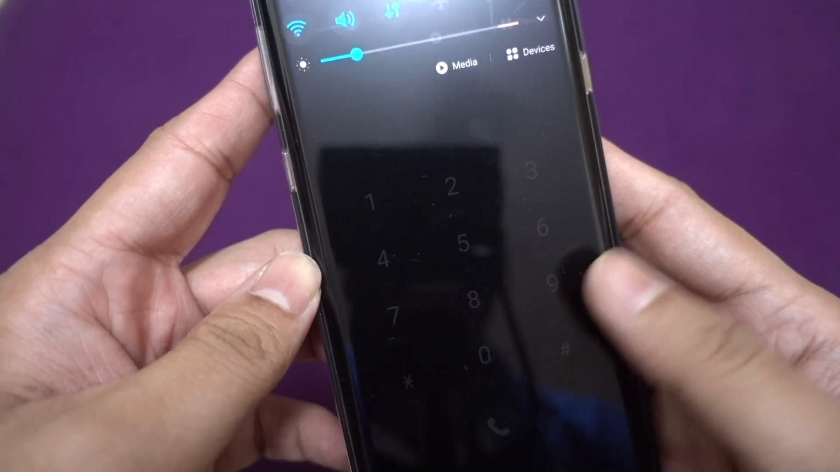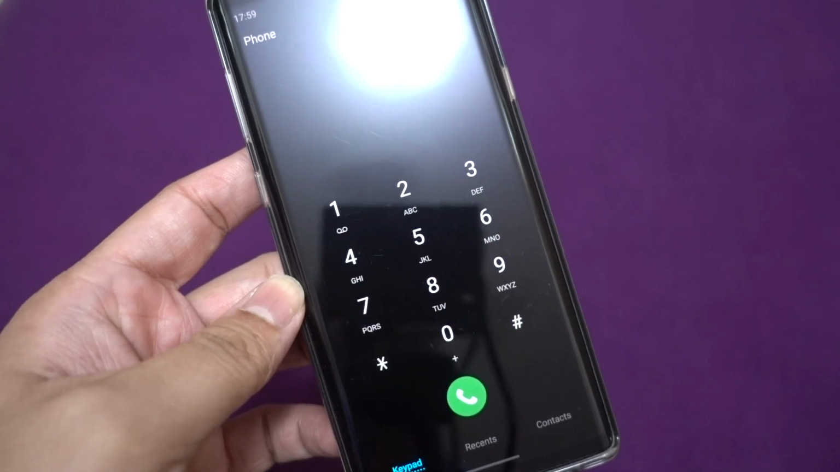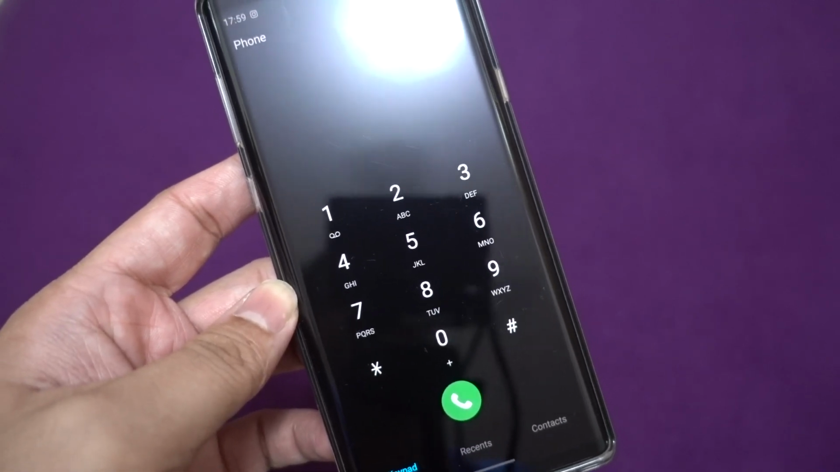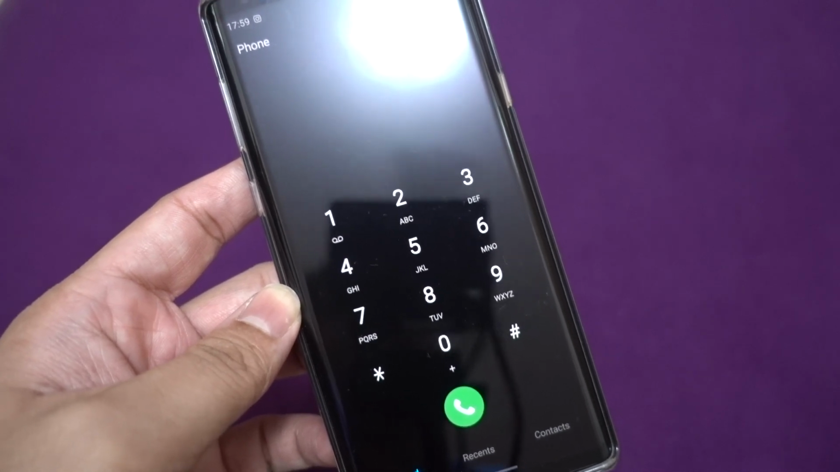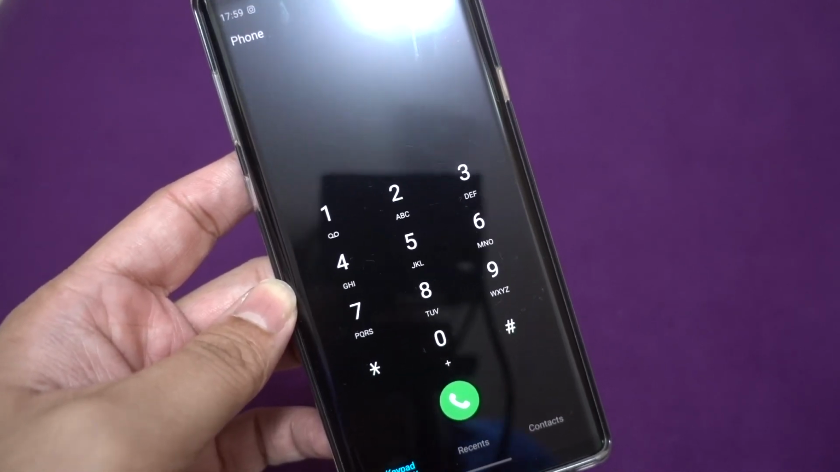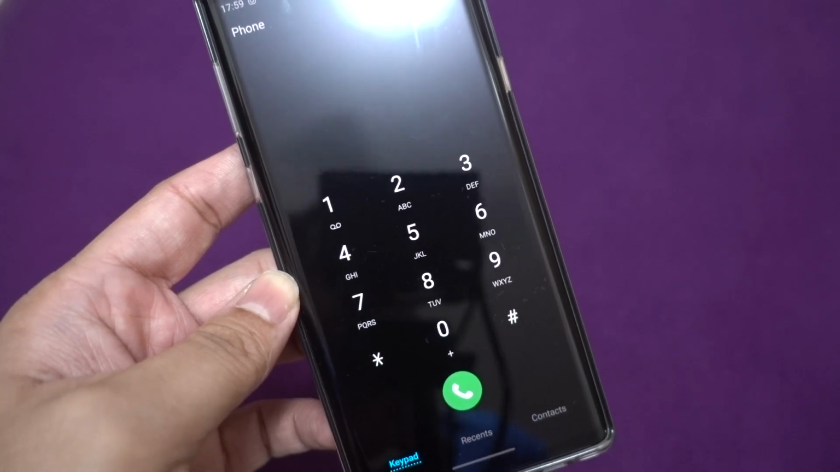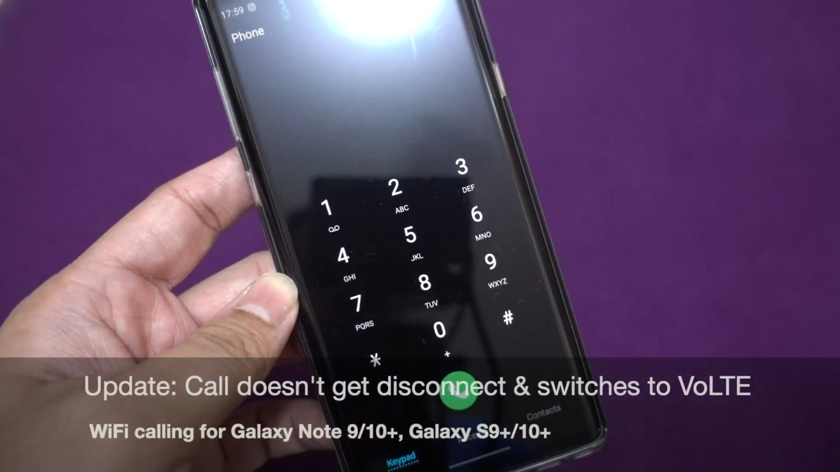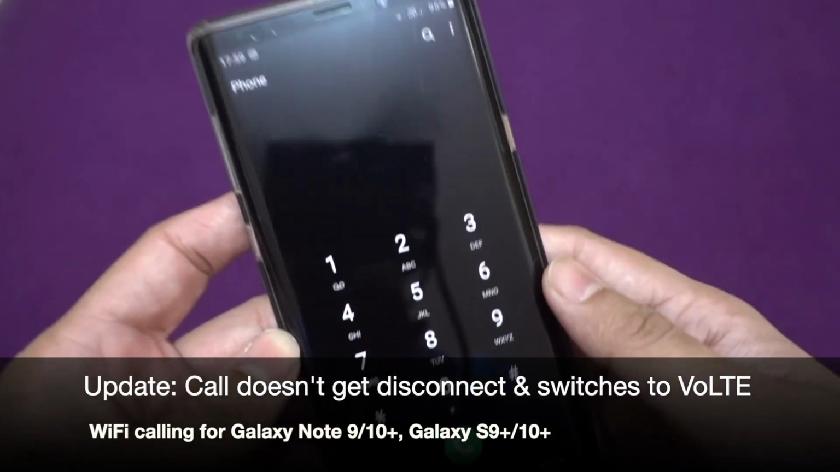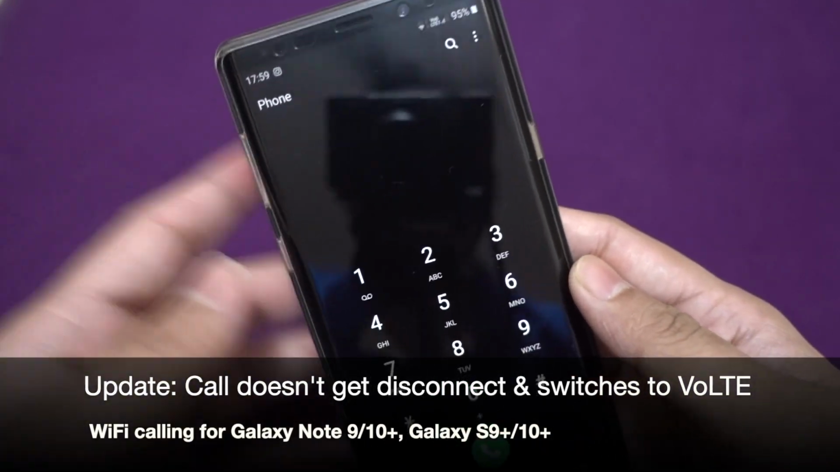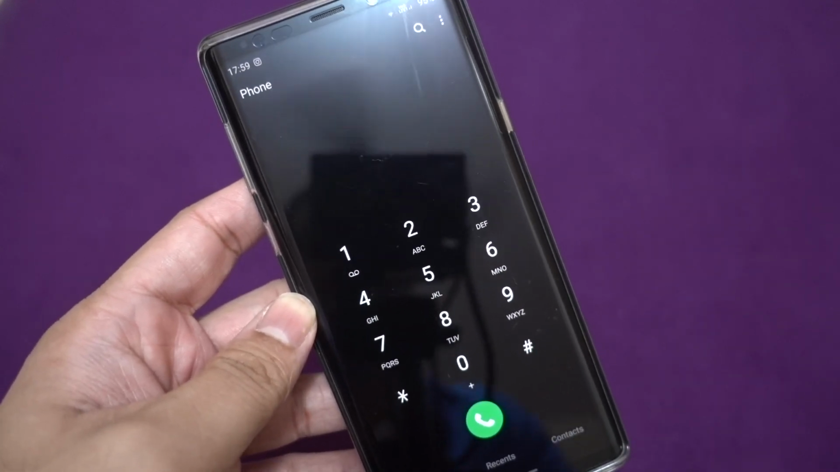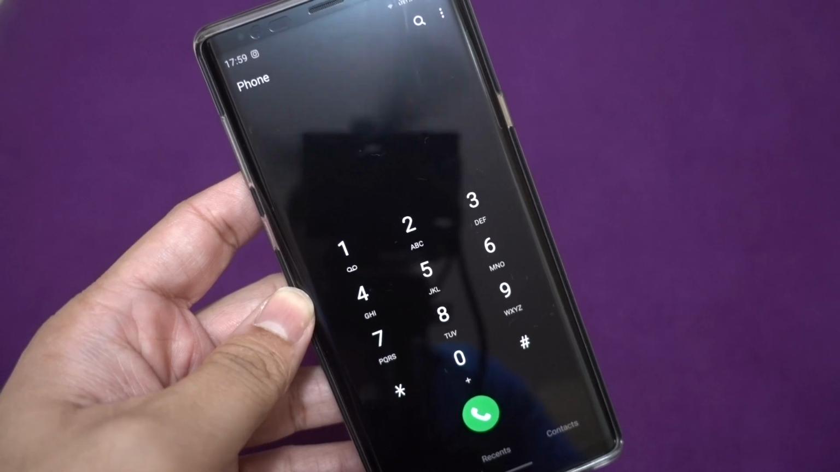Also, many people may have queries about what will happen if I'm on a call using VoWiFi and I go out of the range of my Wi-Fi connection. Don't worry guys, according to Airtel, the call will get switched seamlessly to VoLTE without any call breakups. So that's a very simple thing to enable VoWiFi on your Galaxy Note 9